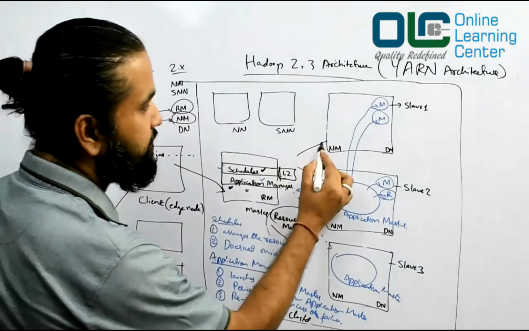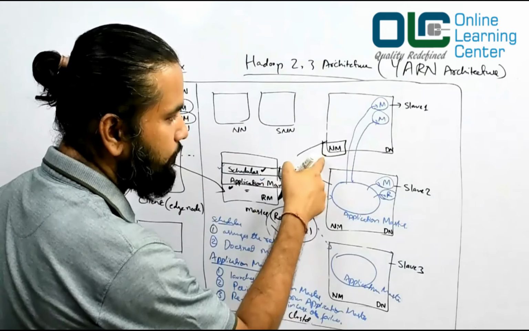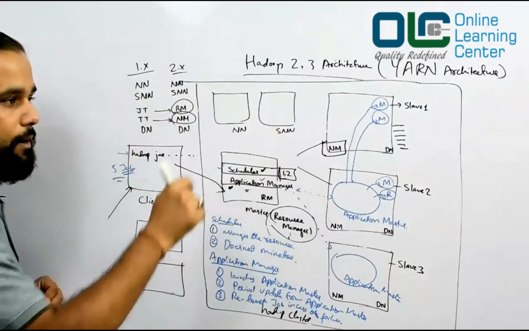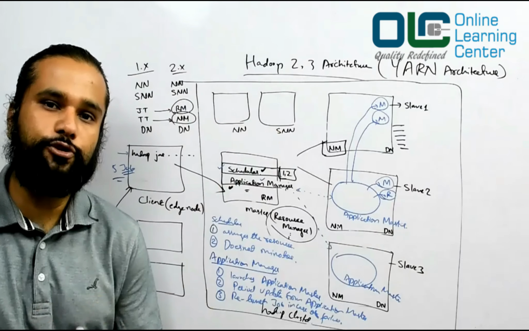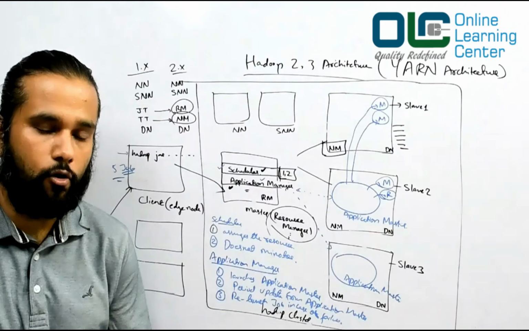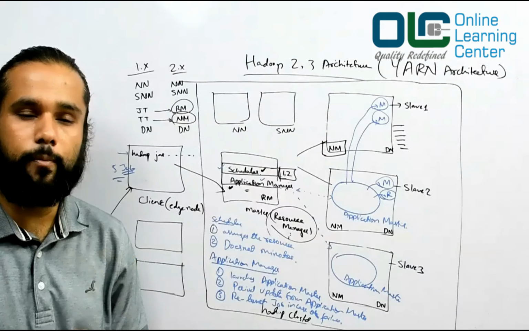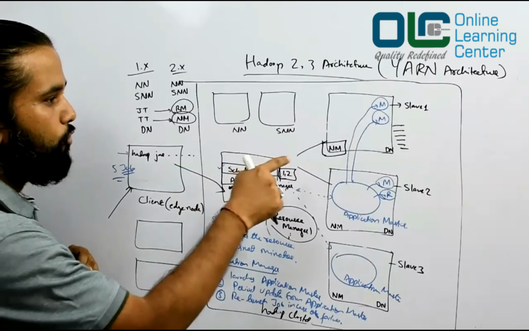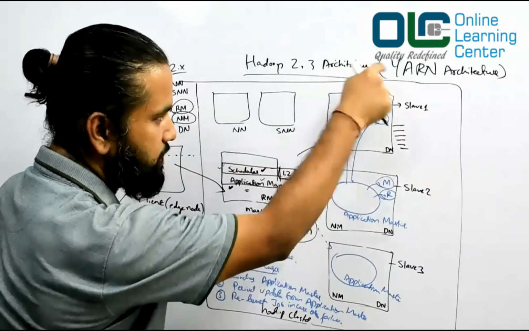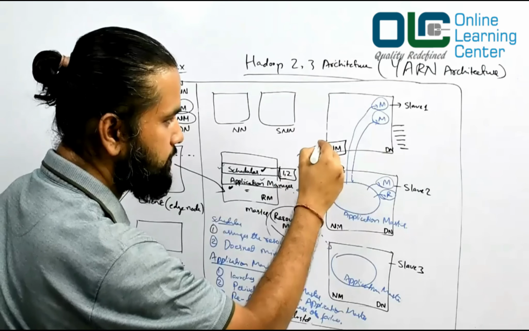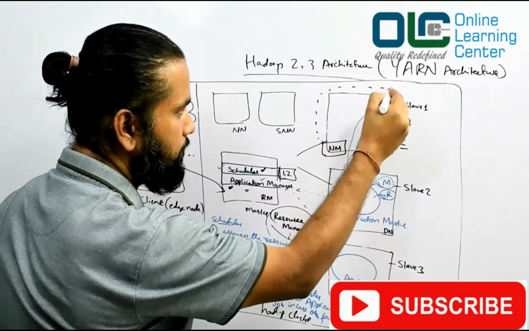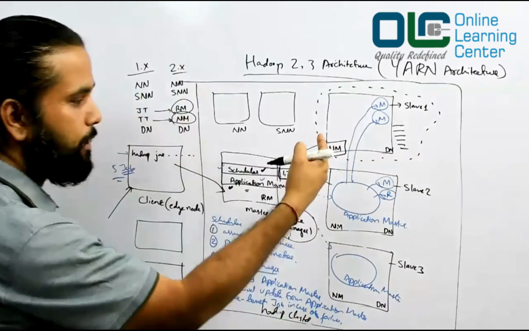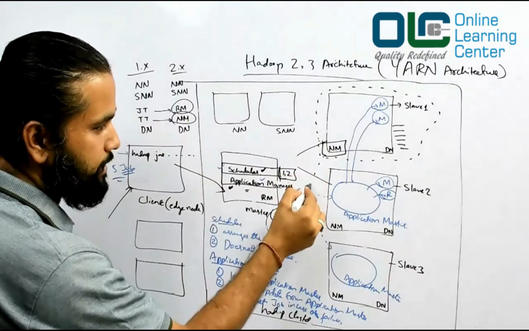Now this node manager is the guy which will have all the information about its computer. So it will have all this information, like currently what is the usage of memory, how many cores are occupied, how many cores are available. The node manager will know everything about this. So the node manager would basically maintain this complete node, one node. It will track the information about this whole node, and it passes that information to your resource manager.